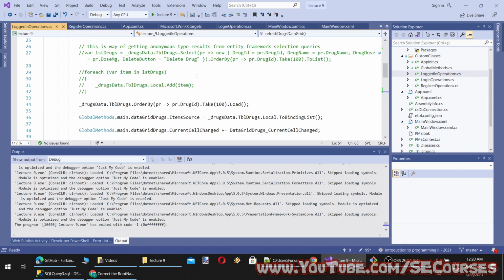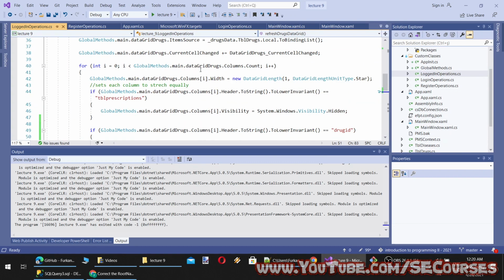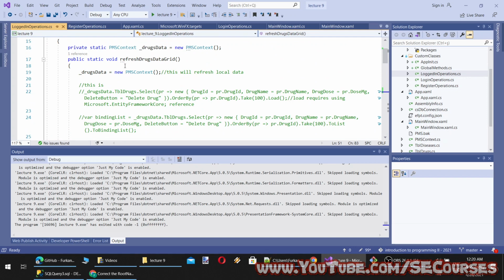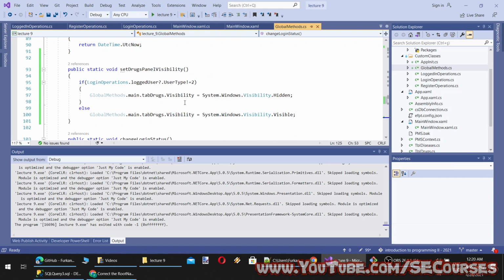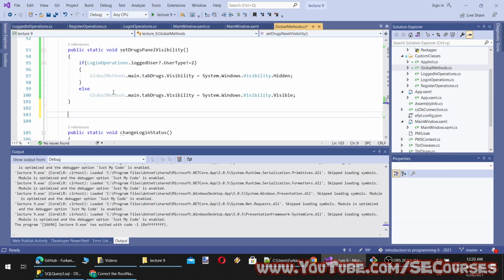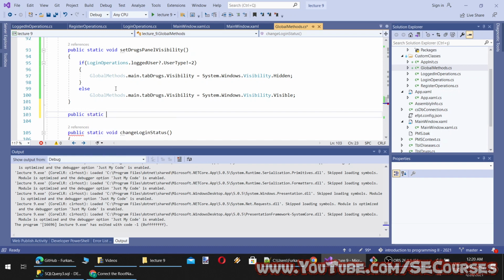Okay, so in here, I need to make a check. I need to check first, is user properly logged in as a doctor. So what I need to do is simply this. Okay, public static bool is a doctor logged in.